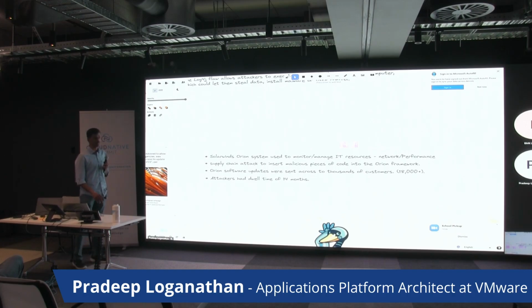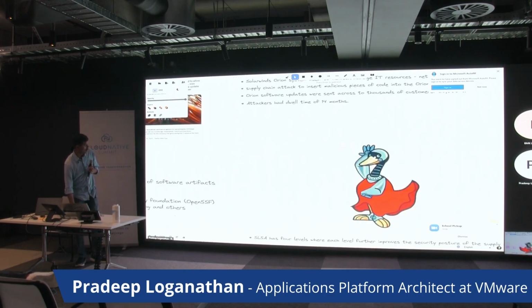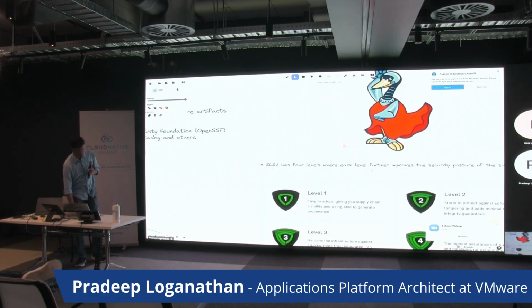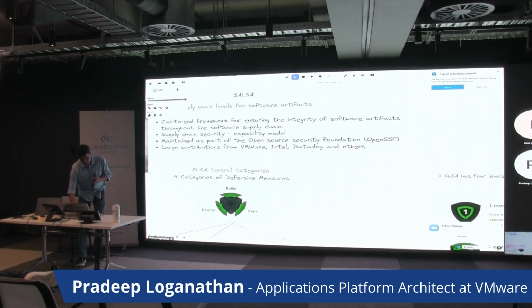And all of these are examples of supply chain attacks. These are not attacks on end customer systems or endpoints that we're talking about. These are attacks wherein malicious pieces of code were injected into specific parts of your supply chain, or packages being used in the supply chain were compromised, and this further spread out like wildfire, because once your supply chain is compromised, you're pushing out software to all your customers out there, and they're impacted too. So a major part of building supply chain security is also about securing it.